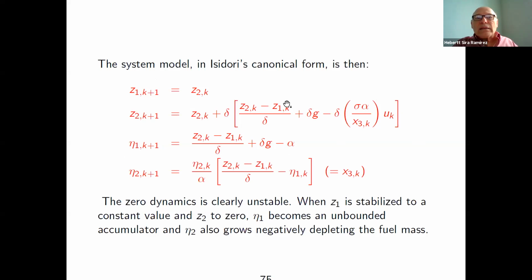because when x1, which is the height, is stabilized to a constant value, let's say 1 meter of height, or very close to zero, then, from a practical viewpoint, you don't want to stabilize at zero because you can have some overshoot, and that will mean that you will hit the ground with some speed. So it's better to stabilize the whole spacecraft at, let's say, 1 meter of height. And if you have a little overshoot, then you are still safe.